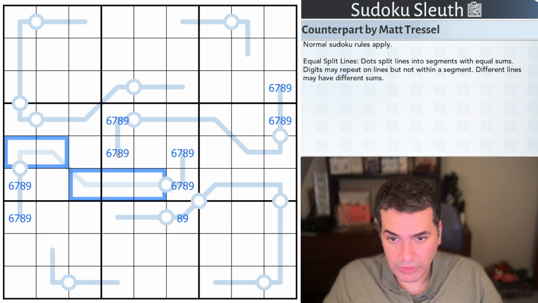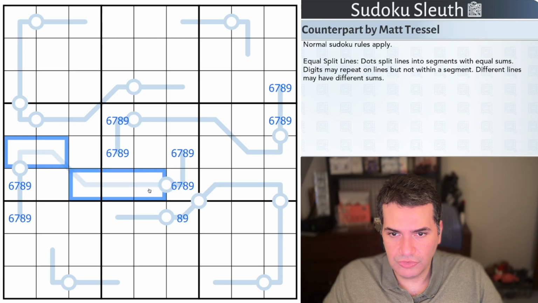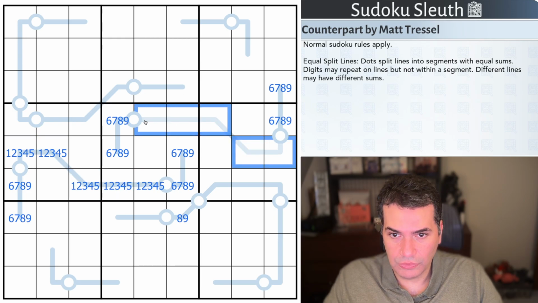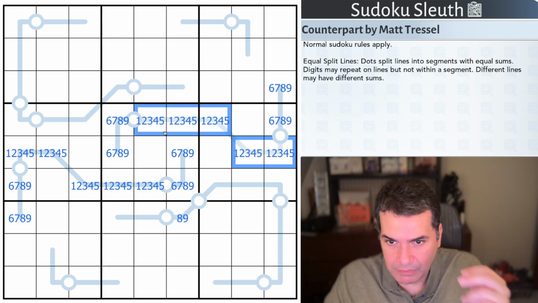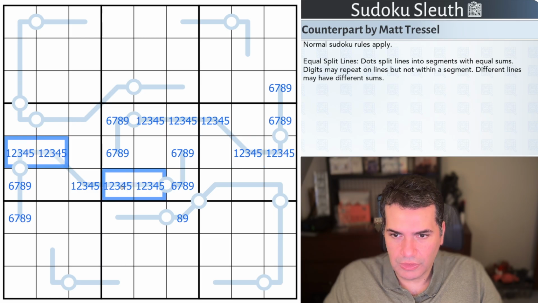So we know now for certain that these lines have to sum up to 15, as does this region sum line. So this is 1, 2, 3, 4, 5. This is 1, 2, 3, 4, 5. And we don't quite have a break-in, by the way, but we're nearly there. And I say we're nearly there because we know that these values are different. We know that they all see this cell. So this cell,